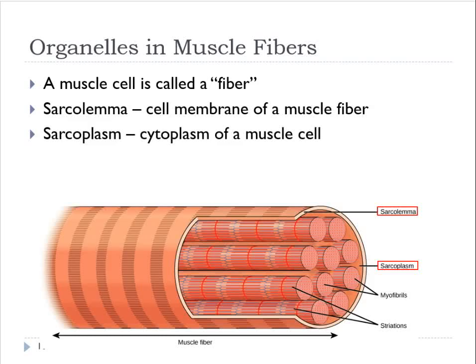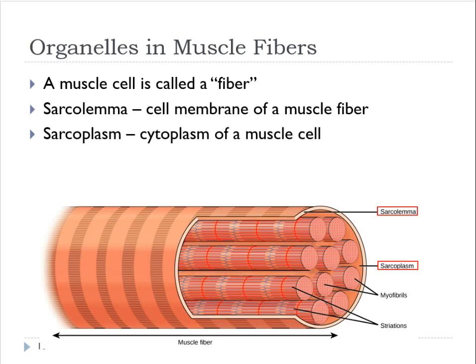Let's talk about the smallest components of a muscle fiber, organelles. Organelles are going to be a little special, a little different in a muscle fiber than they are in a generic cell. Muscle fibers are a lot longer. They kind of have a spaghetti sort of shape to it. They're going to stretch from point A to point B and usually connect to another muscle fiber. And we're going to have to keep them separated, and they're going to be in their own little sort of